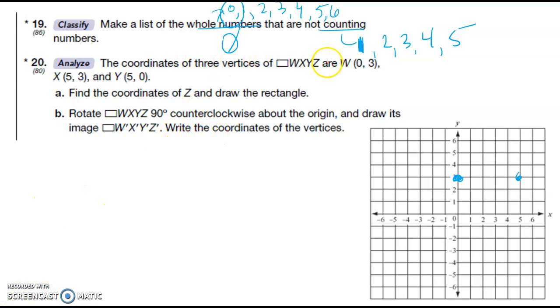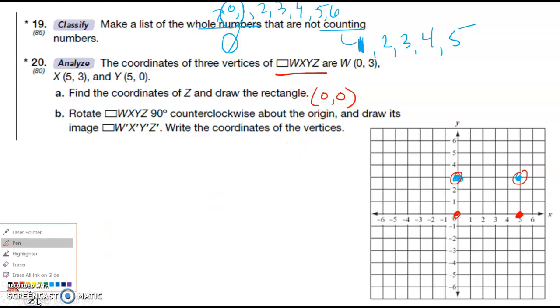Okay, so it says 3 vertices of a rectangle are this. So let's see. It was 0, 3, which is here, and then 5, 3, which is here, and then 5, 0, which is here. And so the other vertex is going to be 0, 0. And then it says to